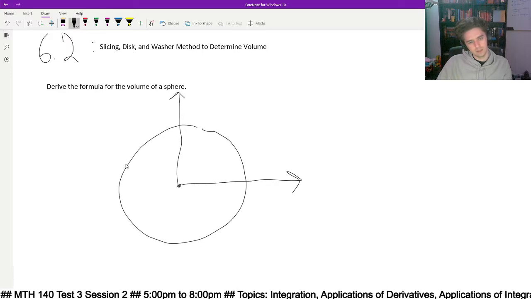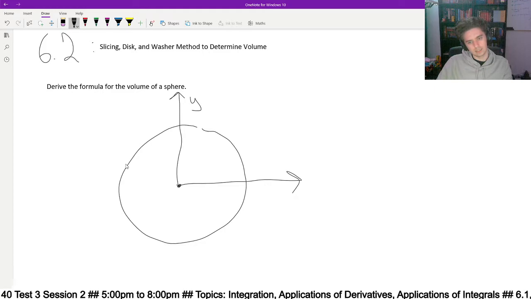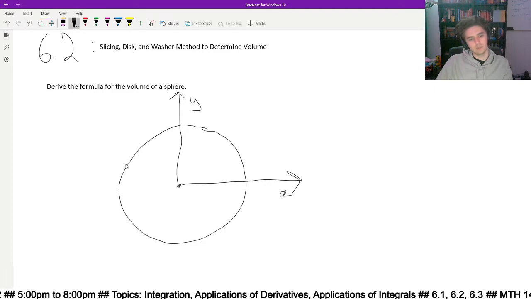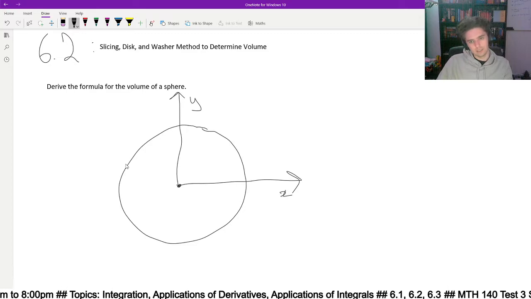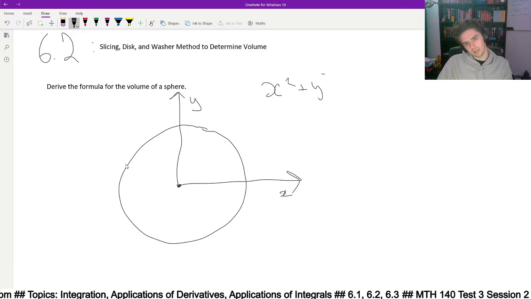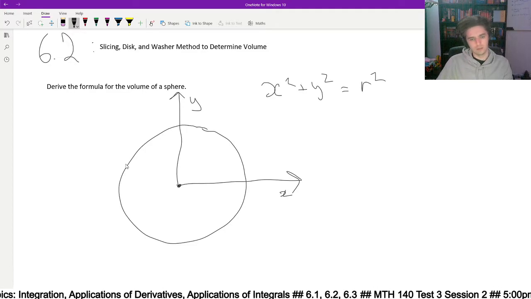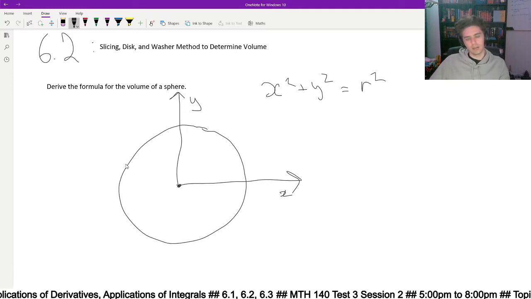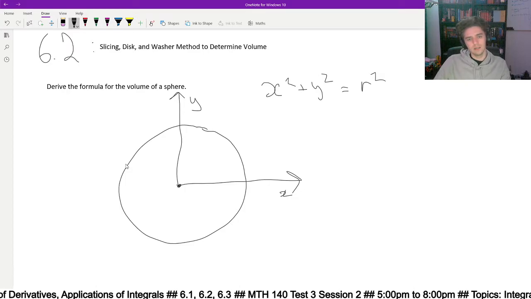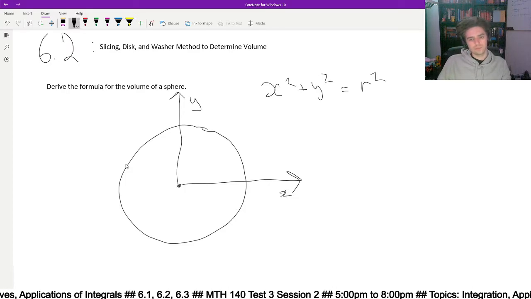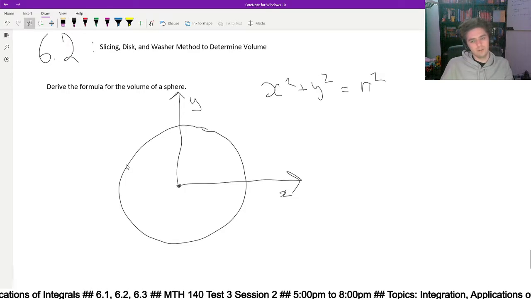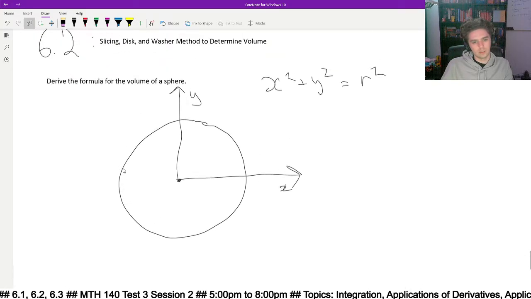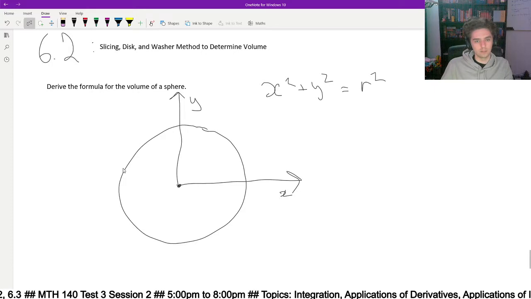This is our y-axis, that's our x-axis. So a cross section would look like that if it's centered at 0, 0. It's defined as x squared plus y squared equals r squared, where r is the radius. So what we can do to determine the formula for the volume of a sphere is